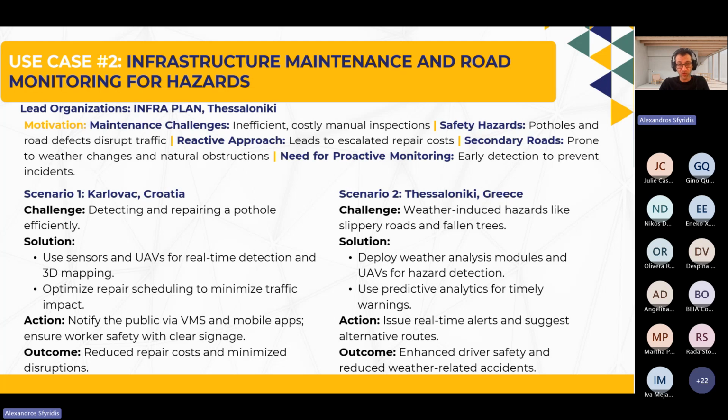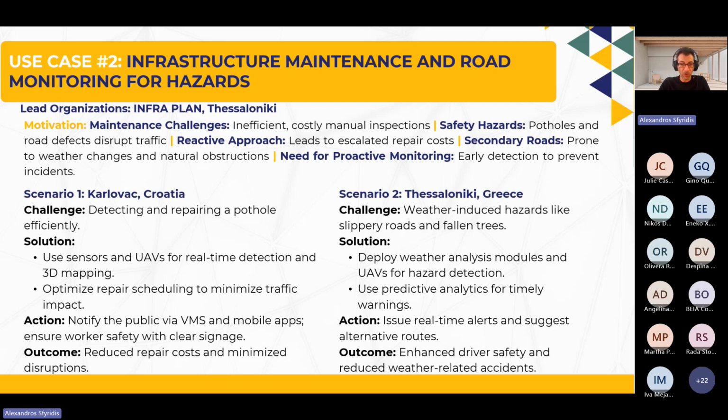So the intervention is to schedule and plan maintenance to reduce long-term costs and disruptions through planning, and also provide alternative routes for vehicles by, again, notifying the public through VMS or mobile apps, and of course securing that the repair process would be efficient, cost effective, and also ensure road users like commuters and